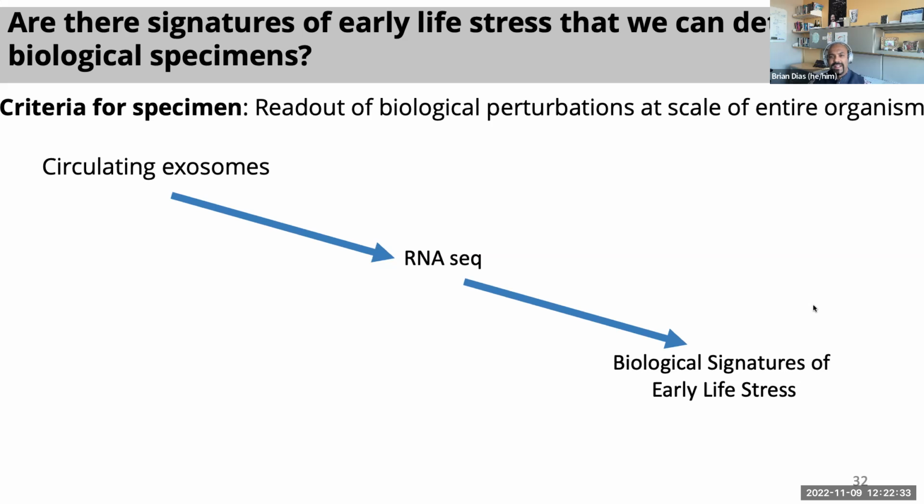We're now appreciating that they contain cargo that not only could allow for the influences of an early life stress like maltreatment to be read out in cells all around the body, but that cargo might also be a biomarker for that early life stress. And so what we do is we perform RNA sequencing on exosomes from rhesus macaques. And what we're focusing on